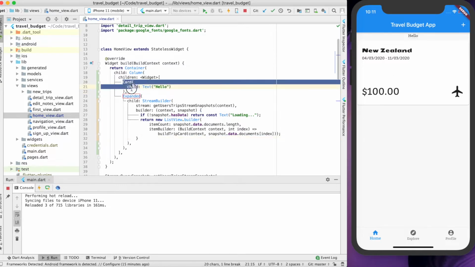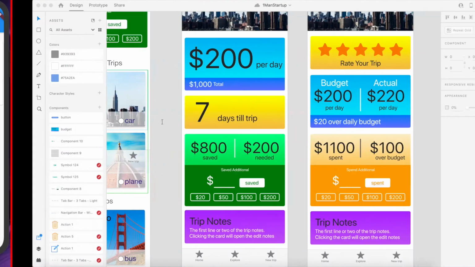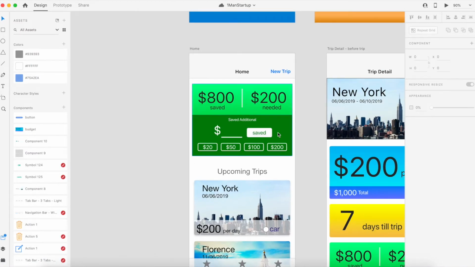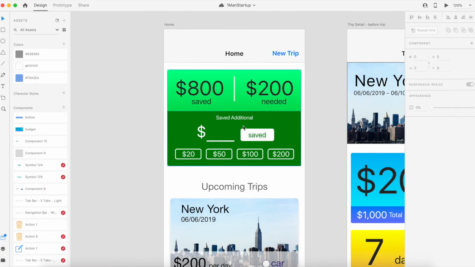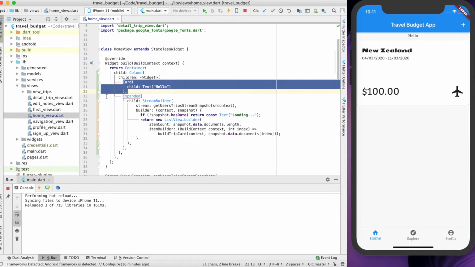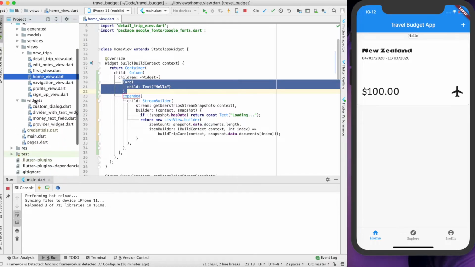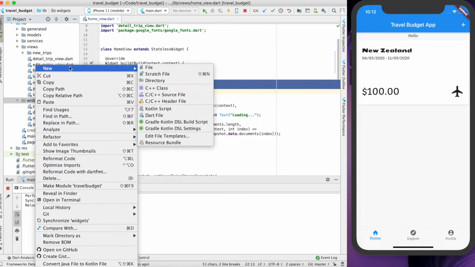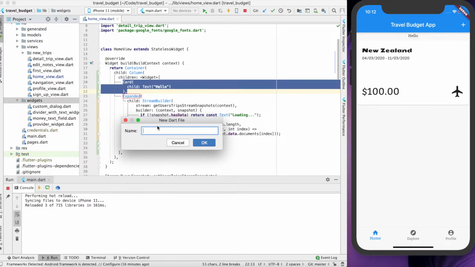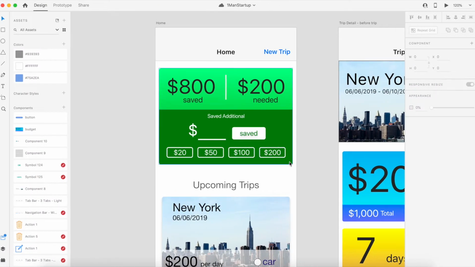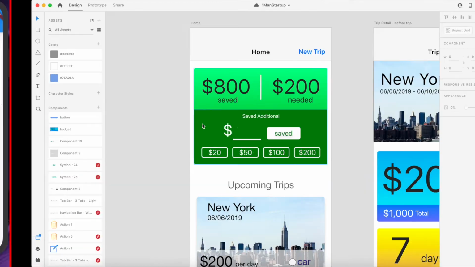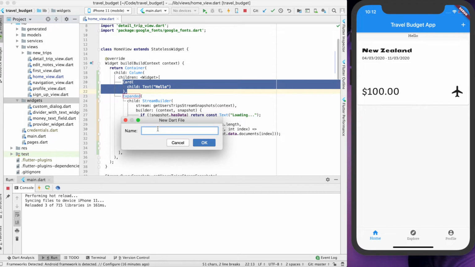All right, so this card here is actually going to be what we would want our main widget right here to look like. So we could build that card out right here, but as we mentioned just before this, we do want this to be reusable. So let's create it as its own widget file. This is going to do two things. Firstly, we'll be able to reuse it. Secondly, it'll keep our code a little bit cleaner, because this card widget is going to take up a good bit of code just to lay out and get the functioning working properly. Anyway, let's call this the